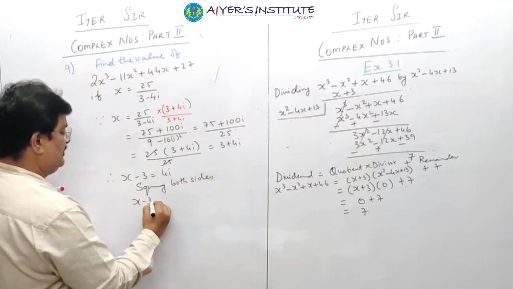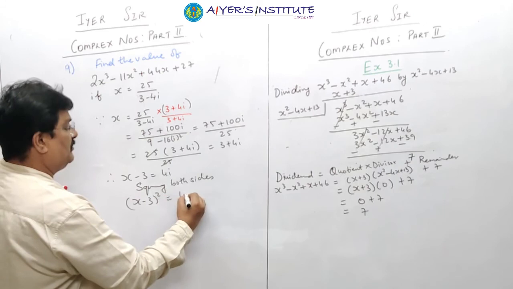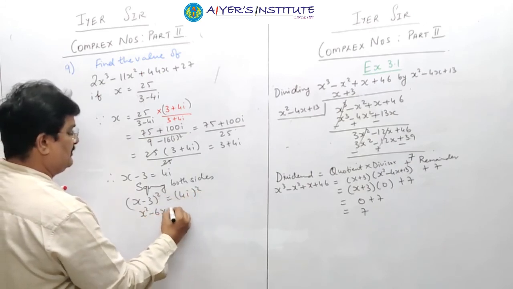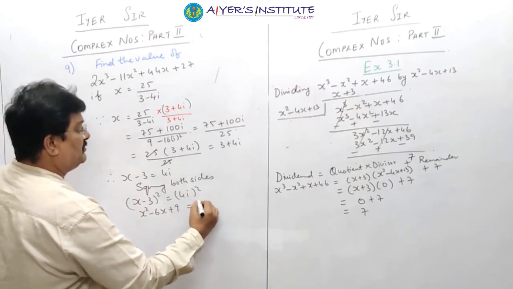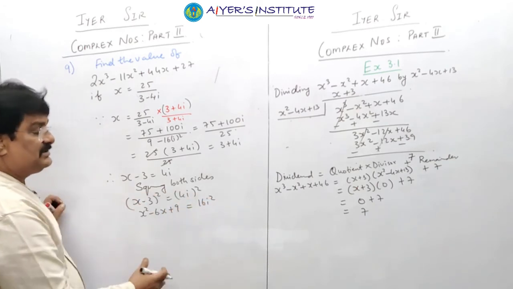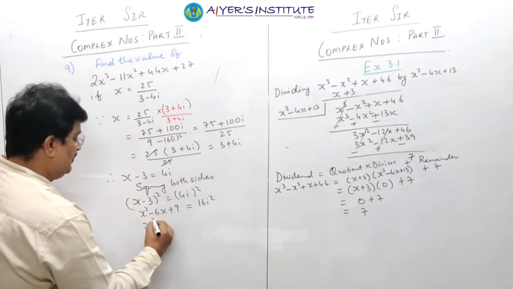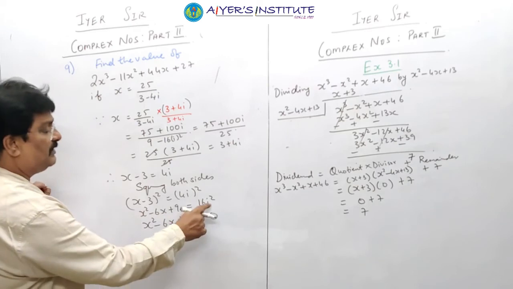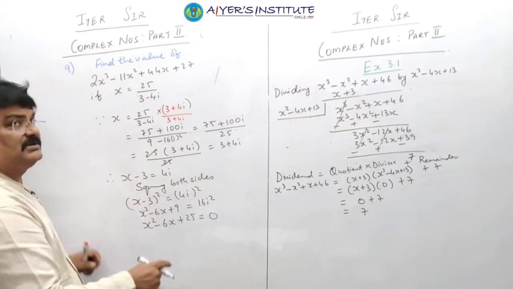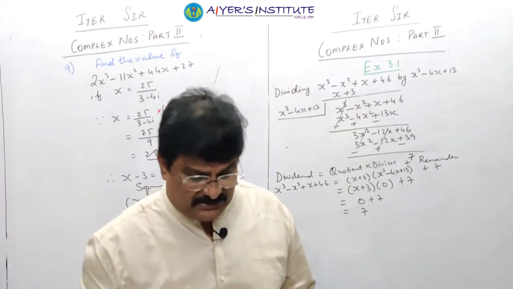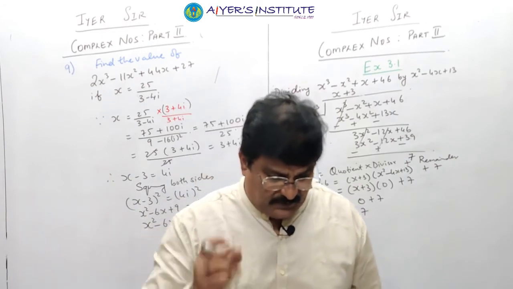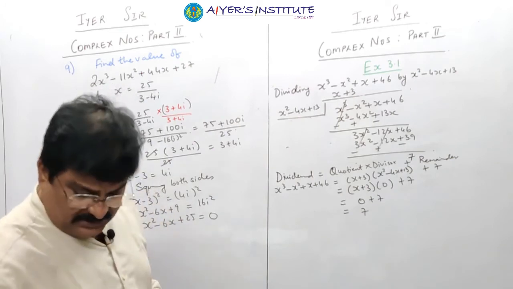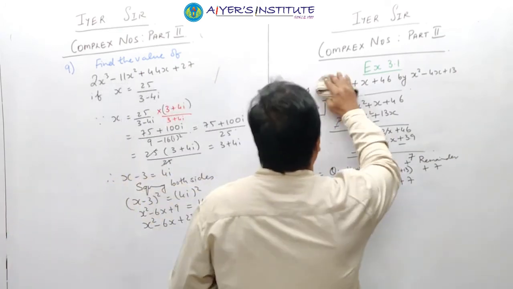तो x minus 3 का whole square is equal to 4i का whole square। x square minus 6x plus 9 is equal to 16i square, which is minus 16 ही बचेगा तो plus, so you get x square minus 6x plus 25 is equal to 0। तो minus 16 when it comes on this side it will come plus, so 16 plus 9 we all know is 25। So you get x square minus 6x plus 25 is 0। Now the second part of the sum, we have to do the division।